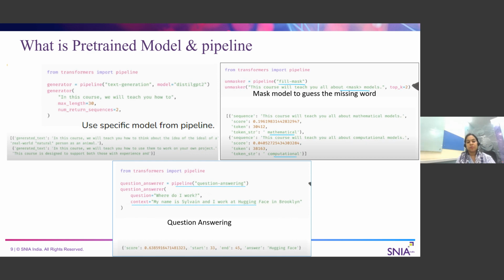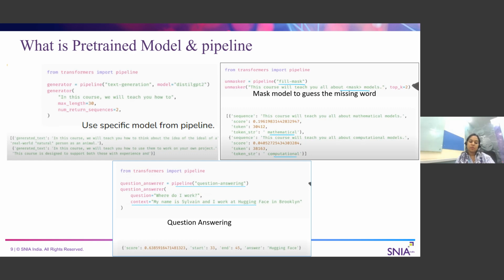As the name suggests, any pre-trained LLM models are mostly already trained by some research institutes, and they are trained on a huge amount of data. These models understand the basic grammar or basic context of the language.